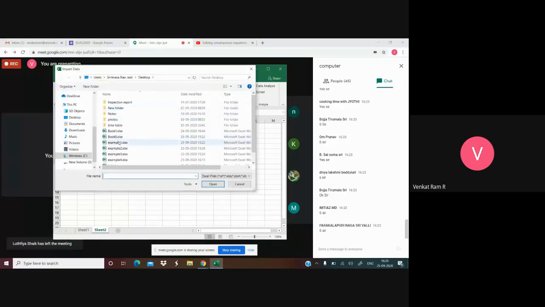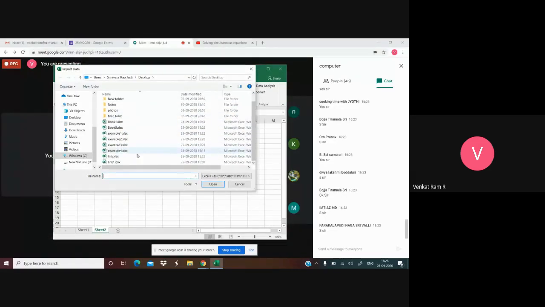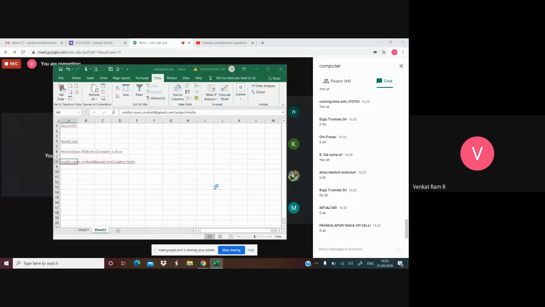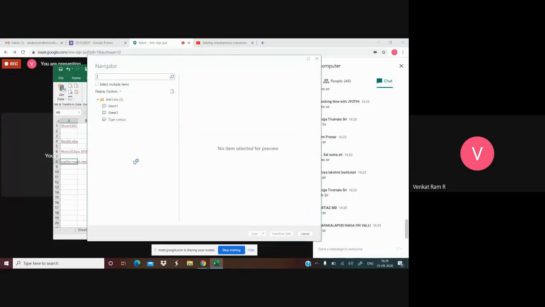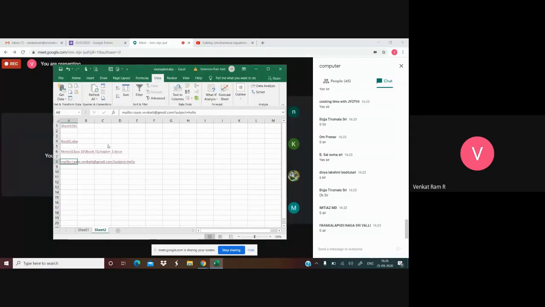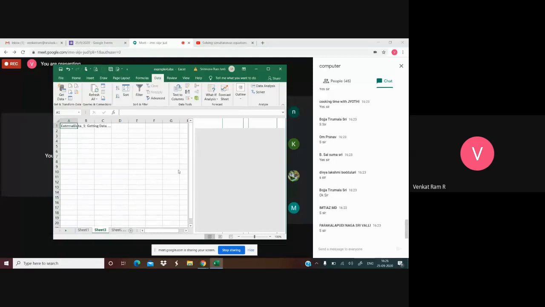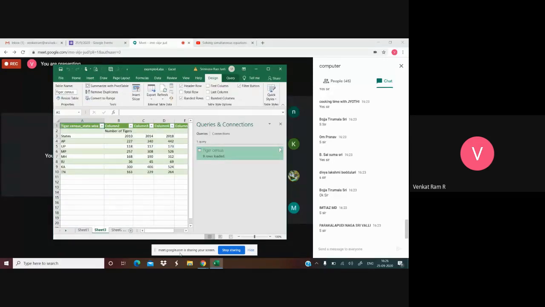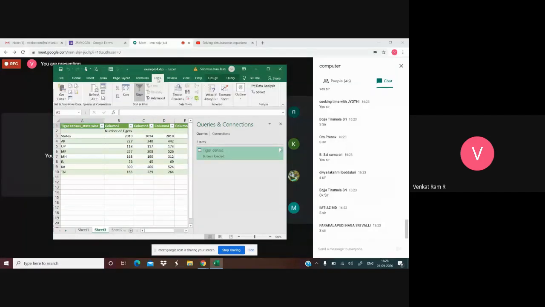Okay, so if you want to take some other data, what we can do is import. So you will get that particular value in here, whatever the data you want. See here, tiger census, I am selecting it and load, so that that particular data will open here. See, okay, this is taking data from other.